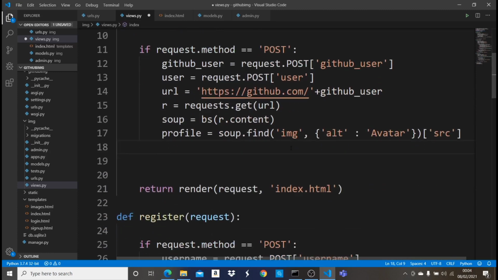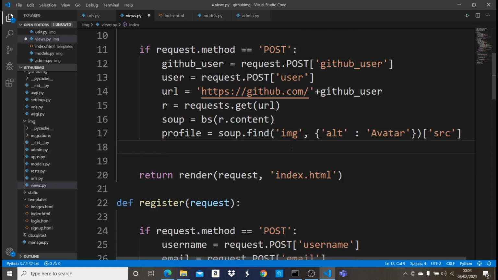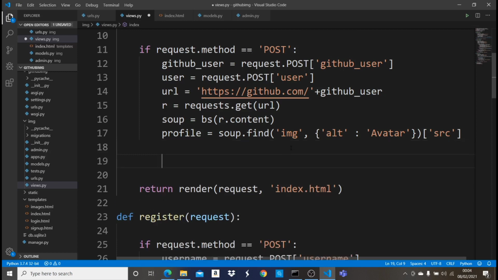And what we just want to do now is to save that in the GitHub model. So we're going to have a new variable, and then that variable is the one that is going to save it. So we're going to say new_github equals GitHub,